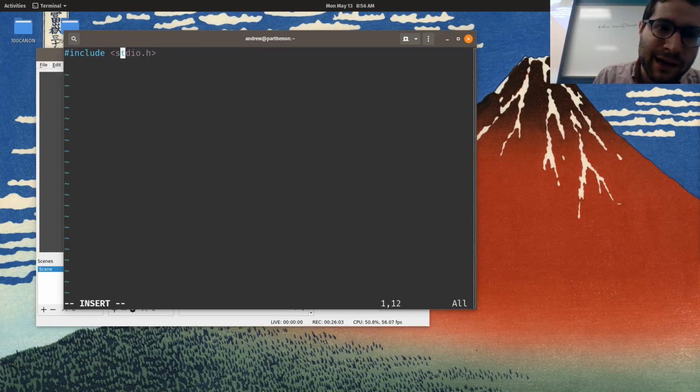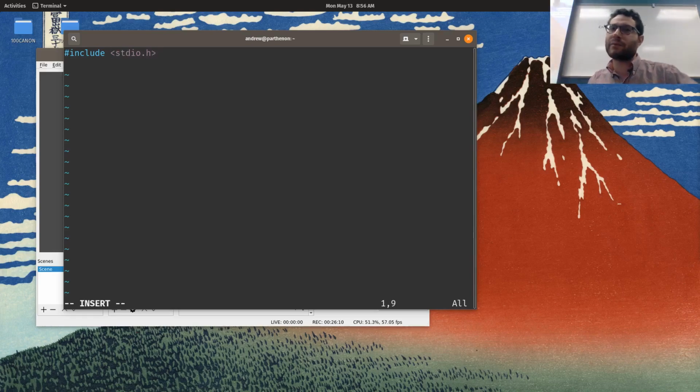So what the heck is this? Standard stdio.h. Well, C is a very, very, very minimalistic language, meaning there are a lot of libraries that are involved in C, but we don't want to load them all into our program. We'll get into more of that later.